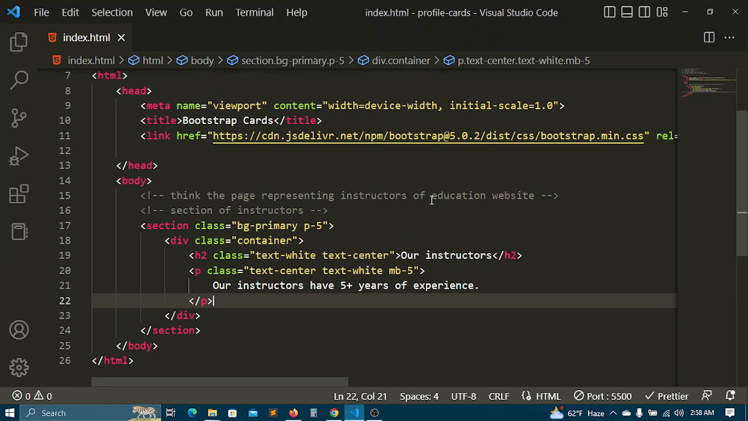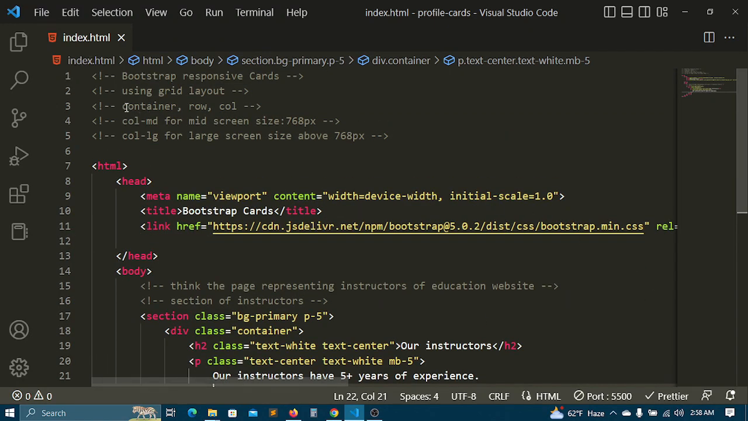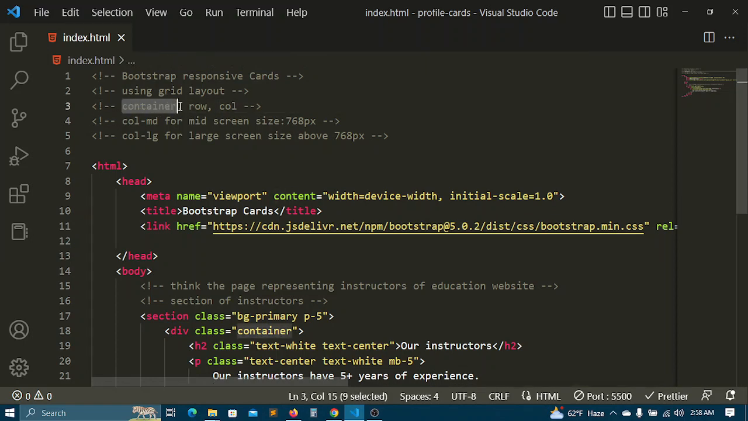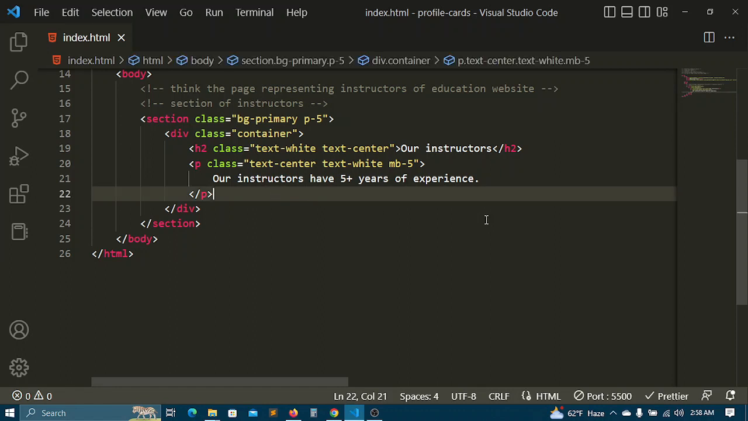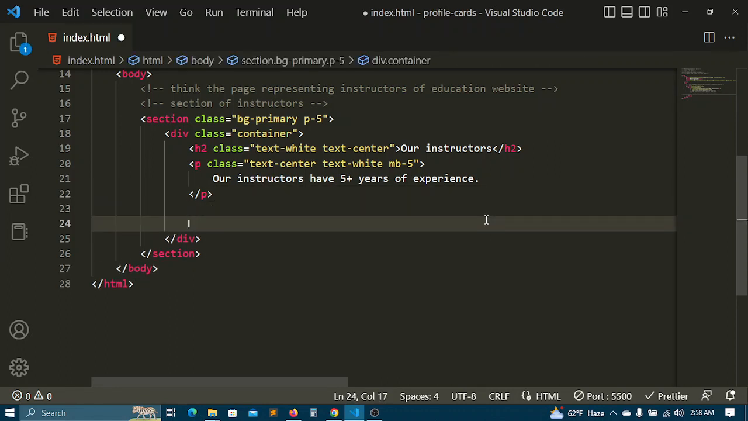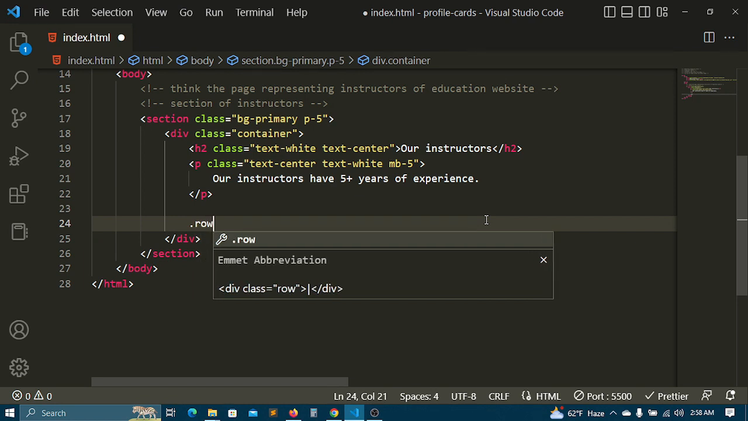So this is the process you have to follow in order to add cards to any section. First it should have a container class, then under that container class you will add another div with a class of row, and inside that row div you will add divs that have column classes. Okay, so let's add here a row div first,